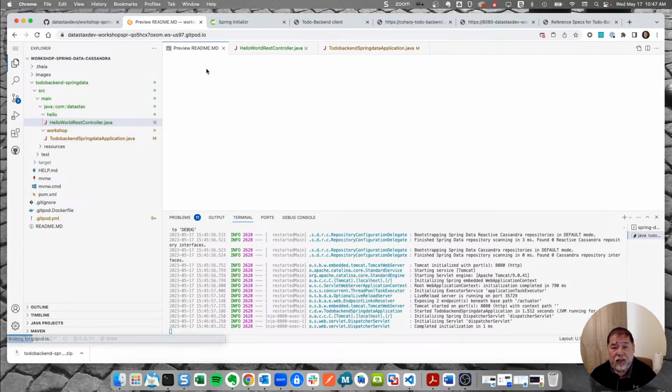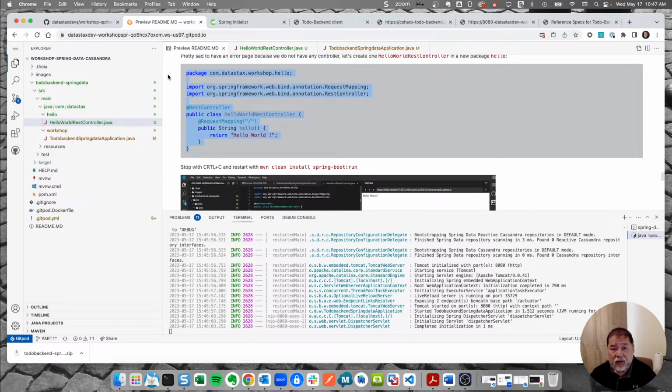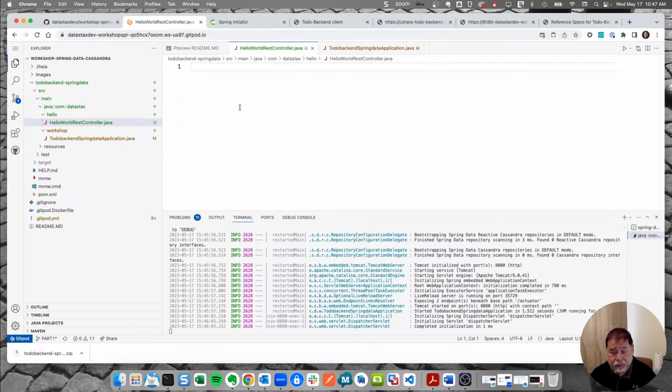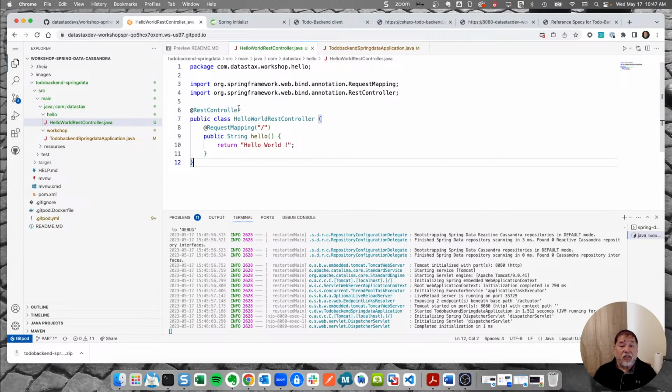All right, so there's the file, and I'm just going to copy the code directly from here. And this is about as simple a REST controller as you have in Spring. The purpose of the REST controller is to take incoming requests, and now we have the slash, so any incoming request that matches that, we're going to handle it with this function, which returns hello world. We're not yet doing any of that inversion of control stuff to speak of. Haven't built any interfaces. This is just so we have something that responds,